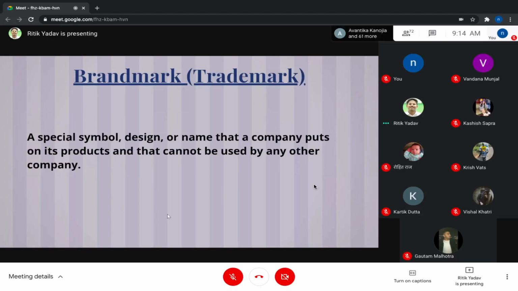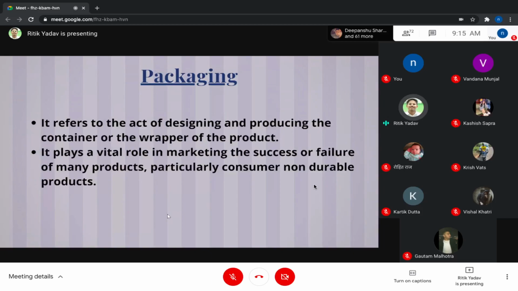Now we have another component other than branding, that is packaging. Packaging refers to the act of designing and producing the container or the wrapper of the product. Second, it plays a vital role in marketing and the success or failure of many products. But particularly consumer,